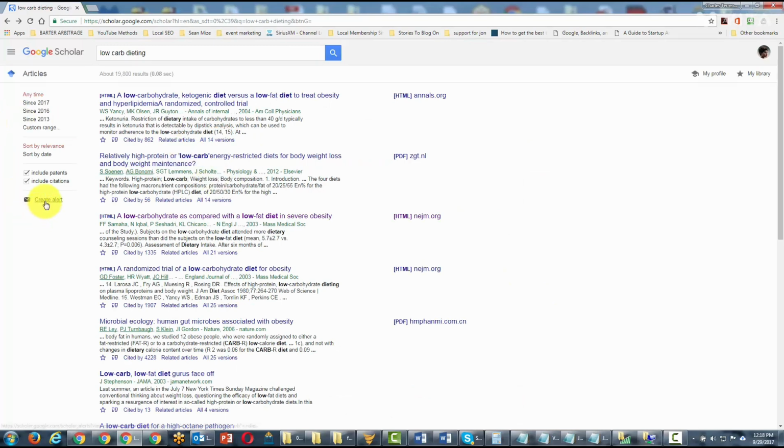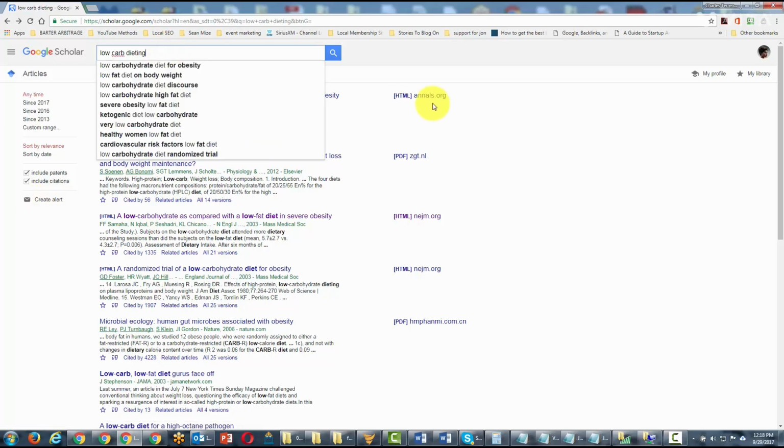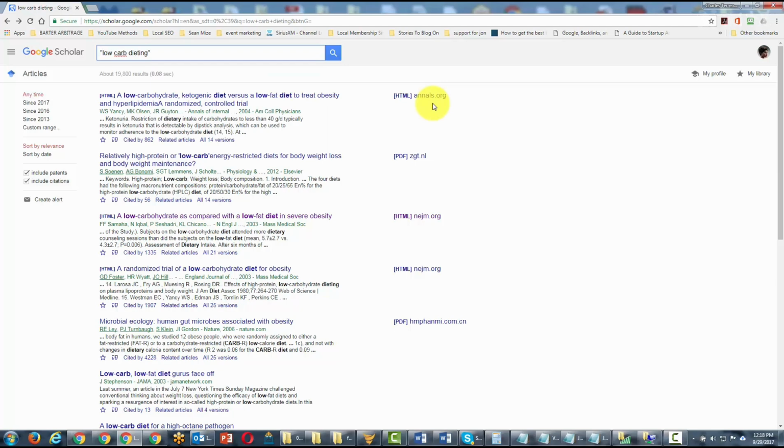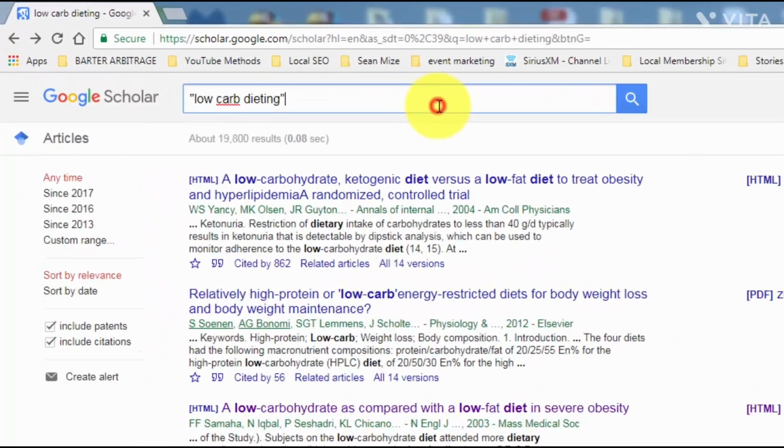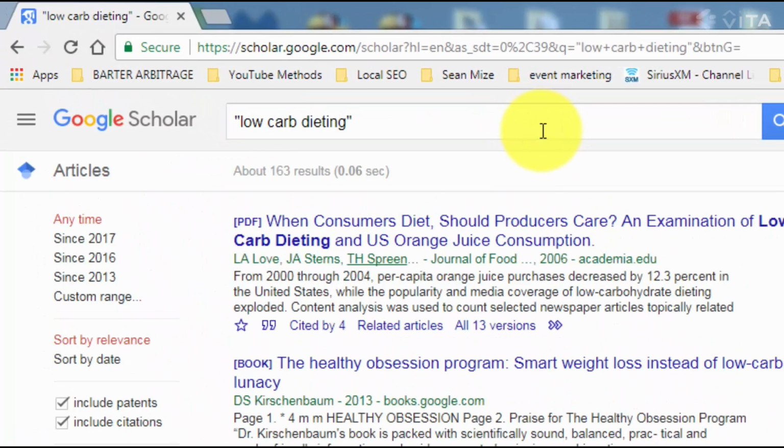Google Scholar will also allow you to create an alert where you can have new items sent to you. But one of the most important things you'll want to do is take your operators and use them inside of Google Scholar. In some cases, we might use a symbol operator and get a different set of results. So you want to take your cheat sheet and use different sets of the search elements to find different items in Google Scholar. Taking your search term will give you the opportunity to get third-party verifiable information that you can use as proof and or social proof.